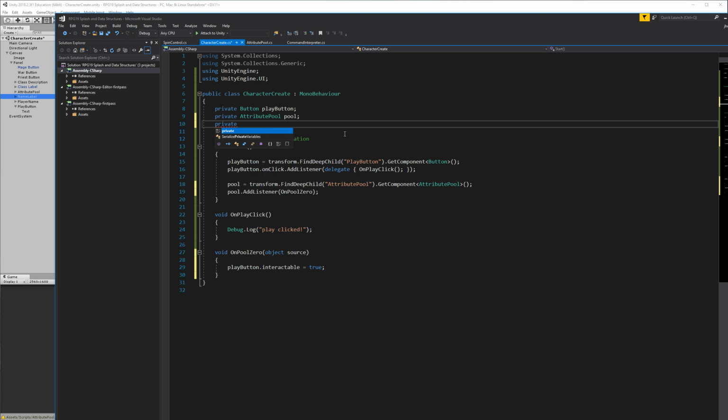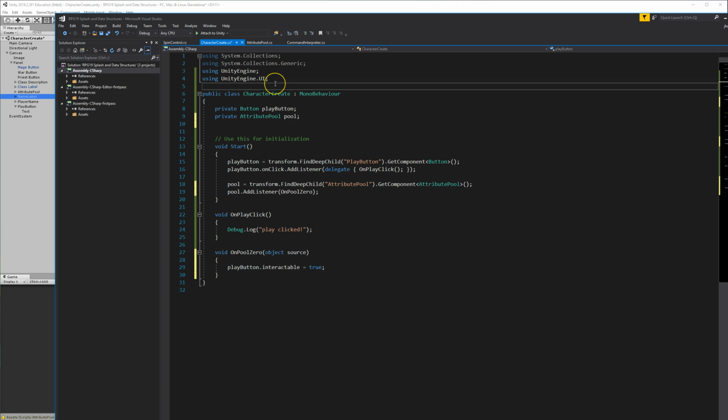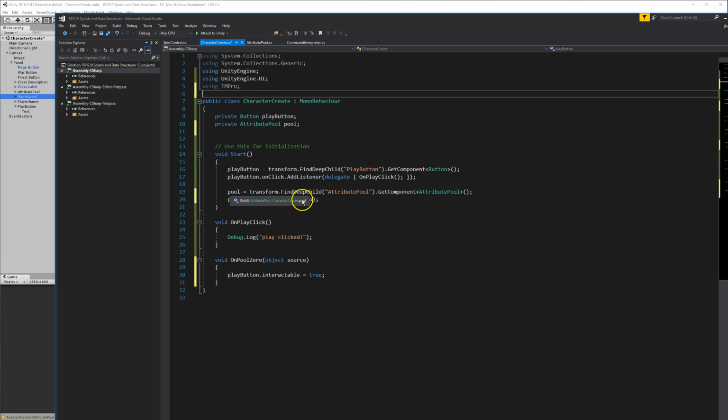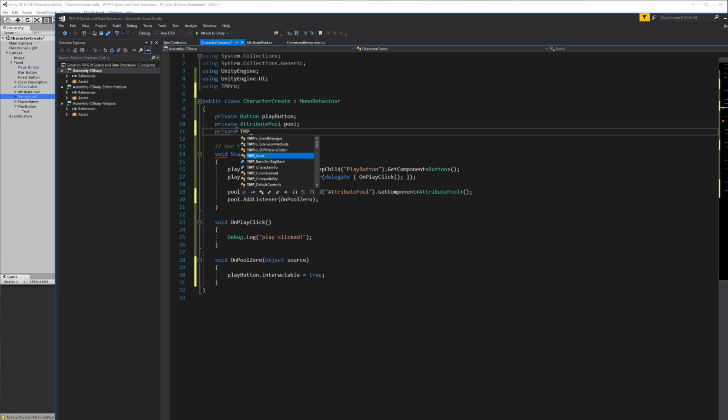Private, not the button, the input field, which is a TextMesh Pro field using TM Pro. Sometimes I can get it to complete. And this will be a private TMP input. And come down here, input field,